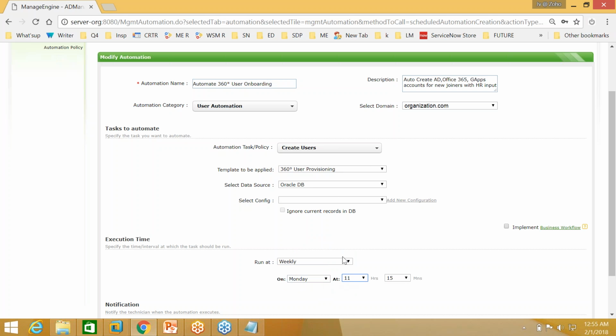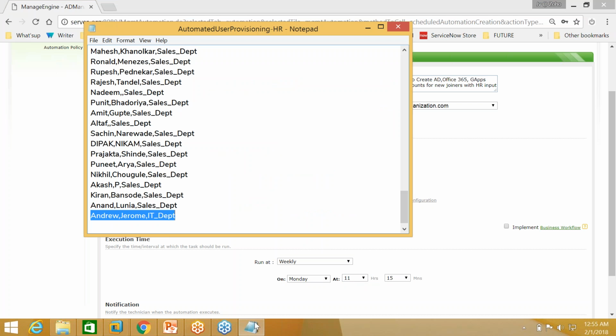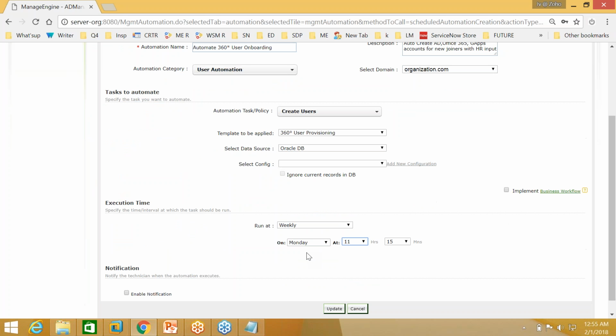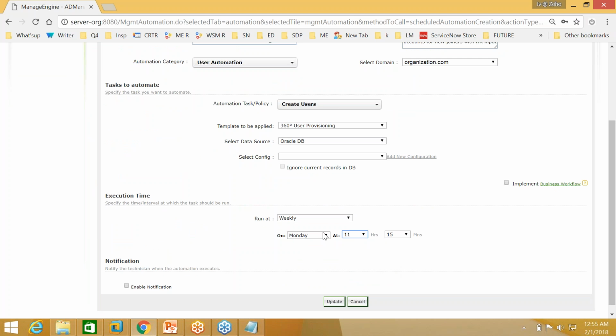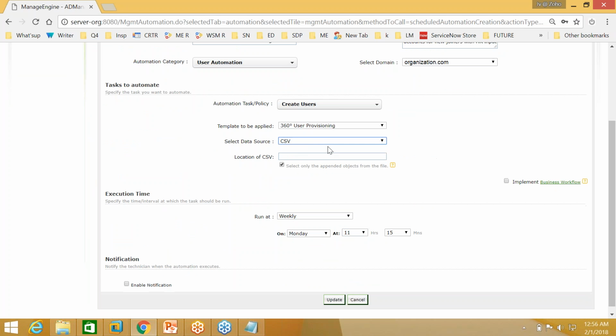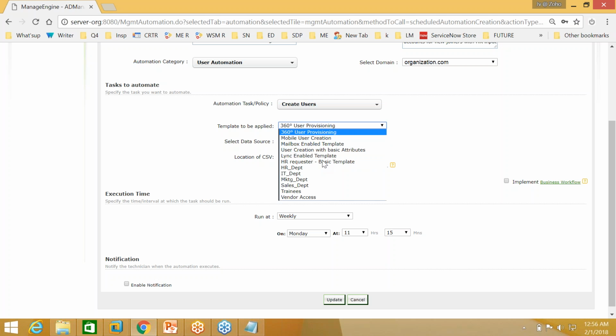So the new joinees have been inducted, the onboarding process is over, and the HR by morning should have also filled out this basic CSV file. By the time the employees are ready for work, their accounts would have been provisioned across all the platforms because the automation must have run on time, picked up the data from the HRMS software or from the CSV file that the HR had filled out, onboarded users to their corresponding departments with their respective attributes and accesses thanks to